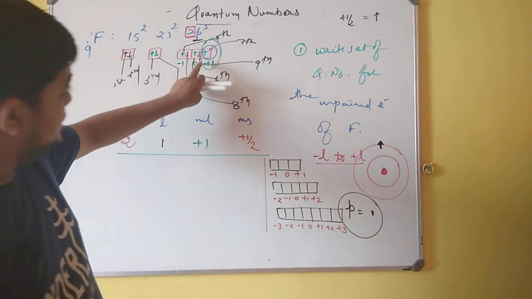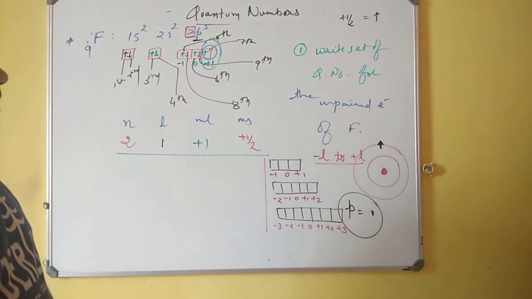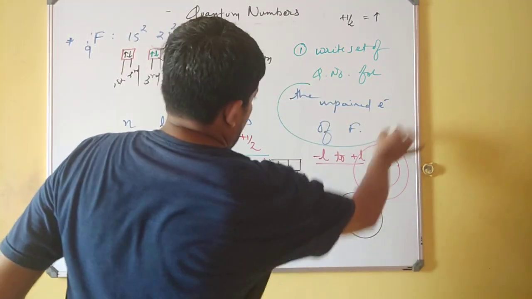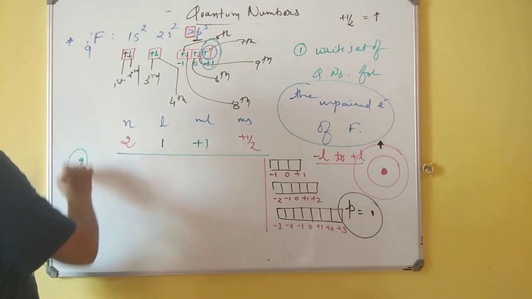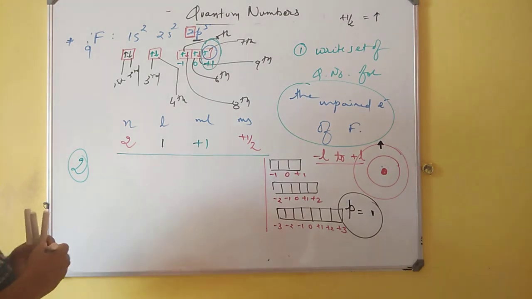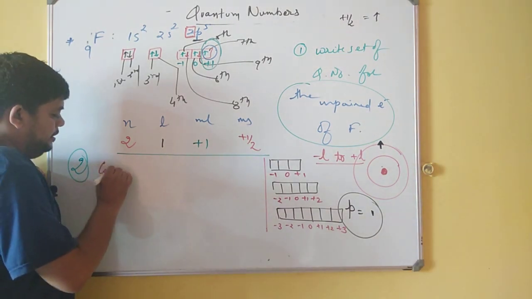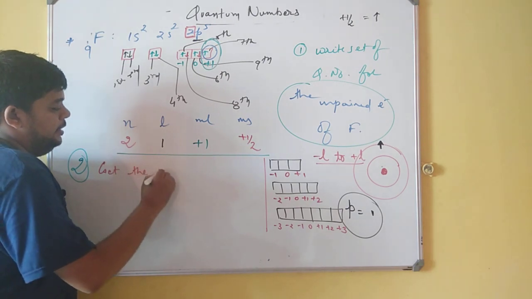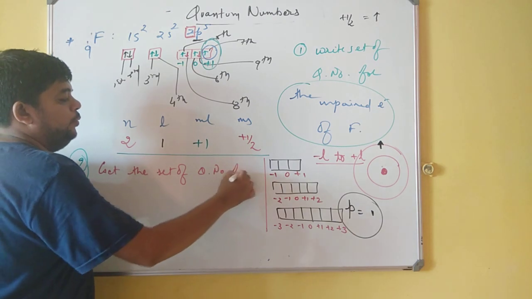The last would be this, 9th. I am talking about the 7th electron of fluorine. That is the unpaired electron of fluorine. Now, I hope you are getting it. Moving to the second type of question in this. Get the set of quantum numbers for